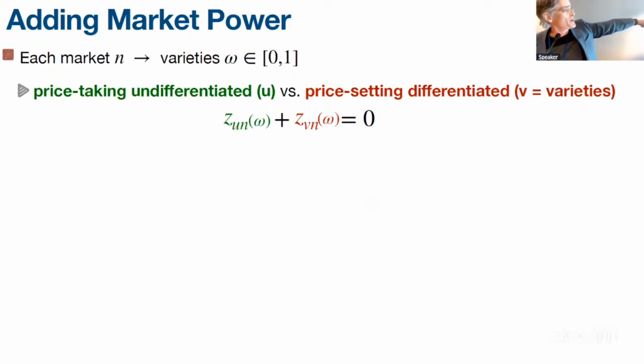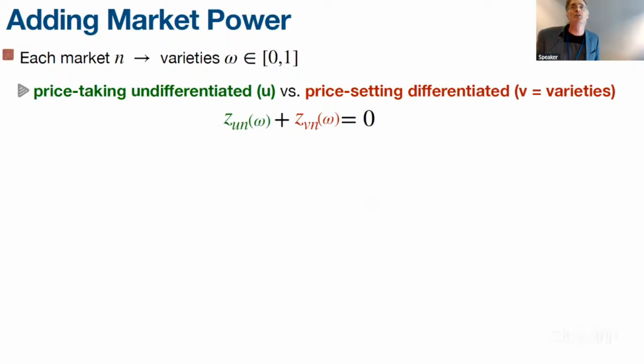So there'll be a sort of price-taking undifferentiated side. Why undifferentiated? Because if you're buying bread, the guy who's selling it doesn't care if it's Fernando or Xavier. He doesn't care who he sells it to. Whereas when you go out and buy bread, you kind of care about these varieties. They might not be perfect substitutes. So the price-setting side is also a differentiated side of the market, and that suggests a